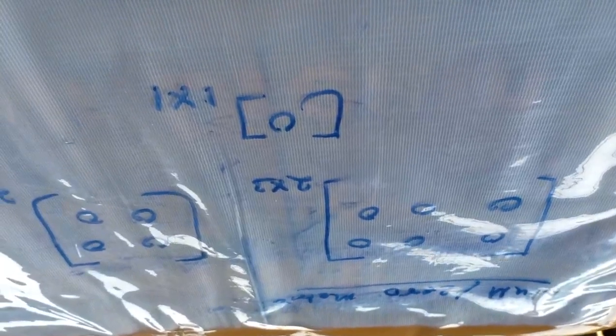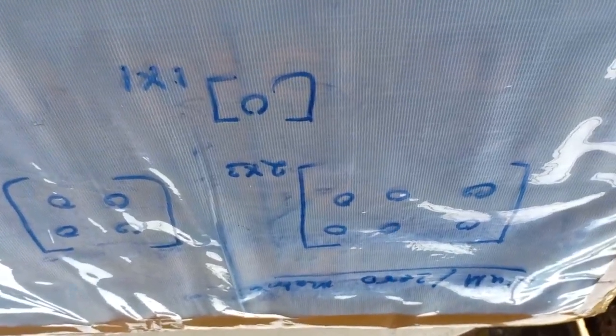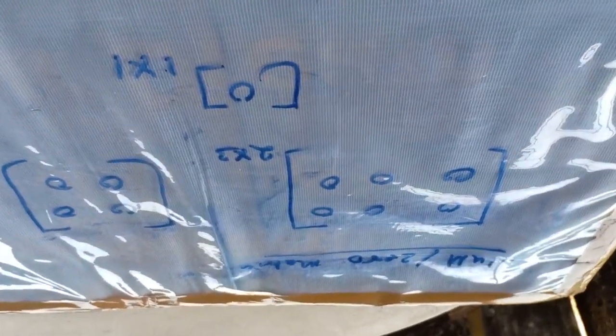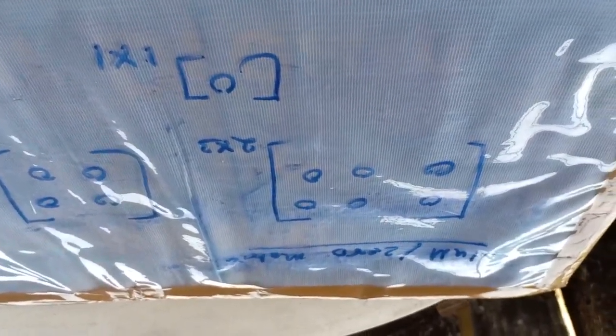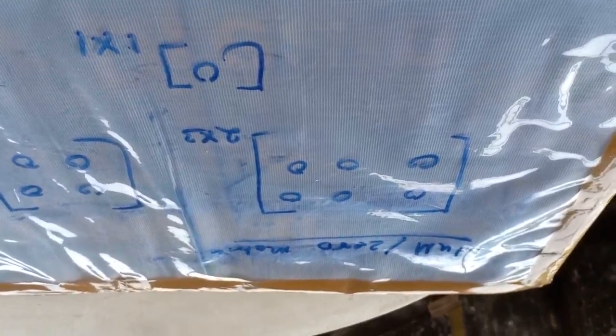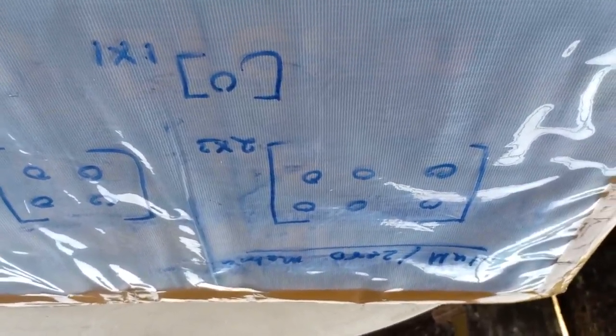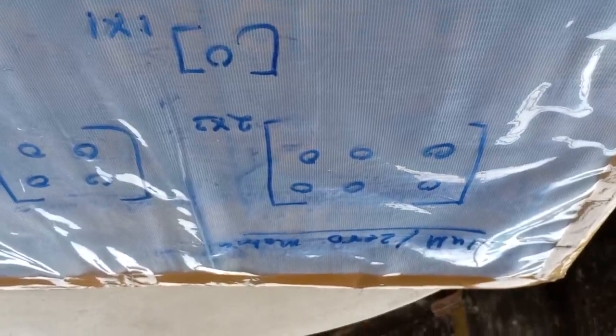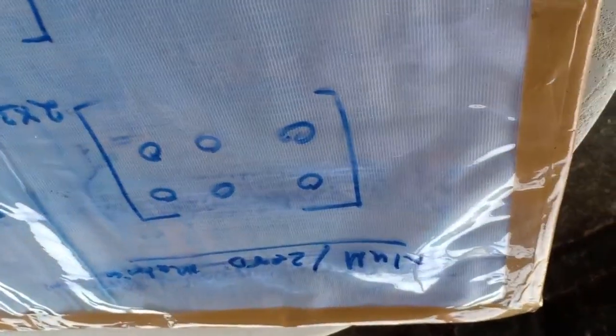This is also a matrix where all the elements are 0. Then that matrix is called a null matrix. It may be a square matrix, maybe a rectangular matrix, maybe any other form, but if all the elements are 0, then it is a null matrix. Hope I am clear to everybody. That's all. Let's proceed towards the operations of matrices.